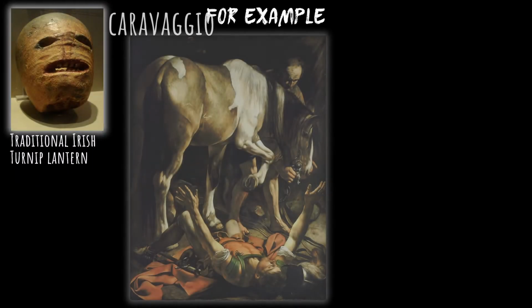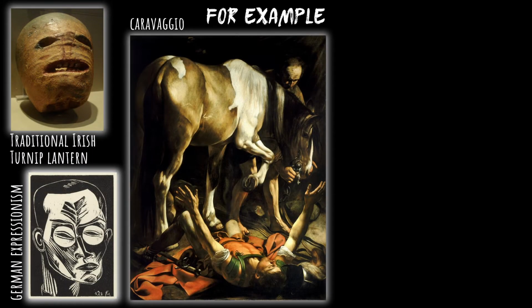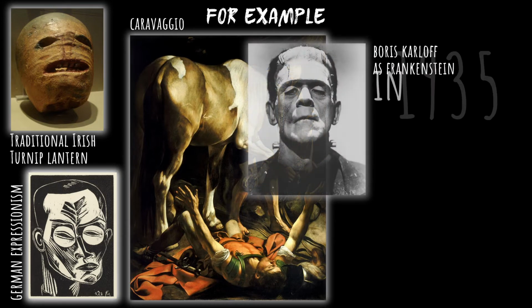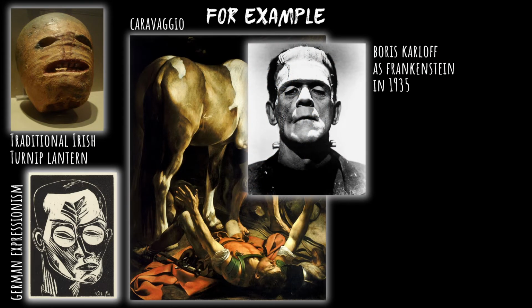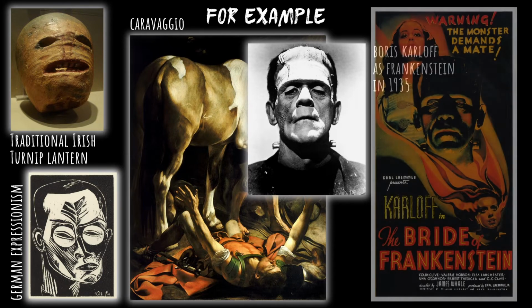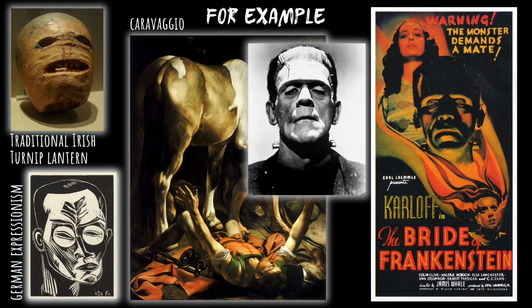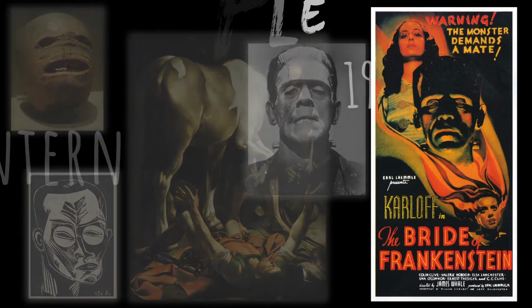We can see how this language of hollowed out eyes, deep shadows, dramatic lighting, and distortions of scale find their expression in the 1935 Bride of Frankenstein movie makeup and poster. Perhaps you can also find similar visual characteristics in the vintage movie posters that follow in the next slides.